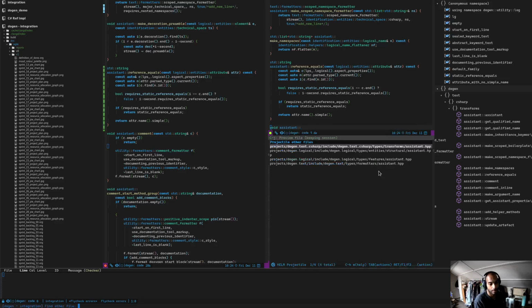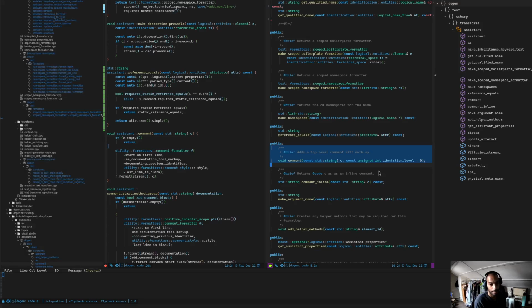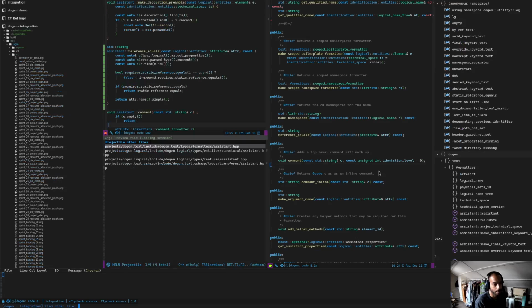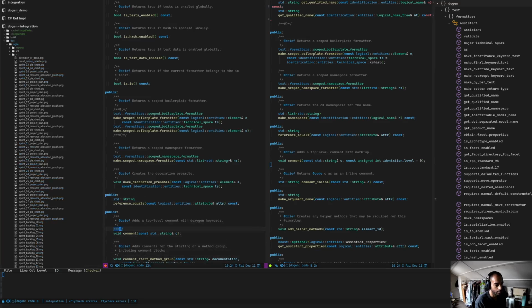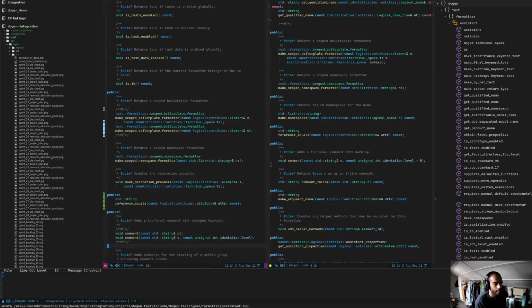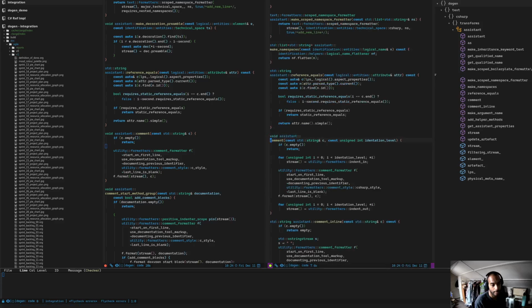Clearly the lazy way to do this is to simply, given that these functions have got different signatures, of course, there's an indentation level equals 0. But nevertheless, if the indentation level is equal to 0, presumably this will converge into the same behavior. So what we'll do is exactly what we did a second ago, and we will just add a second method here with the indentation level. And then hopefully we'll end up with exactly the same behavior in a slightly different way. So if we just take this comment,